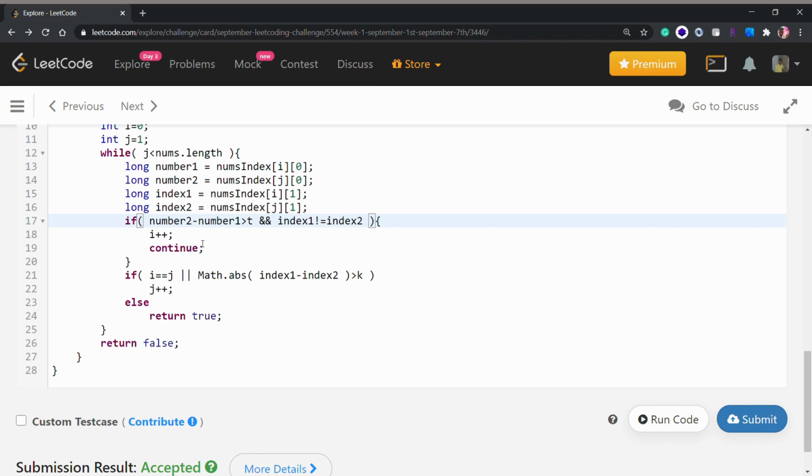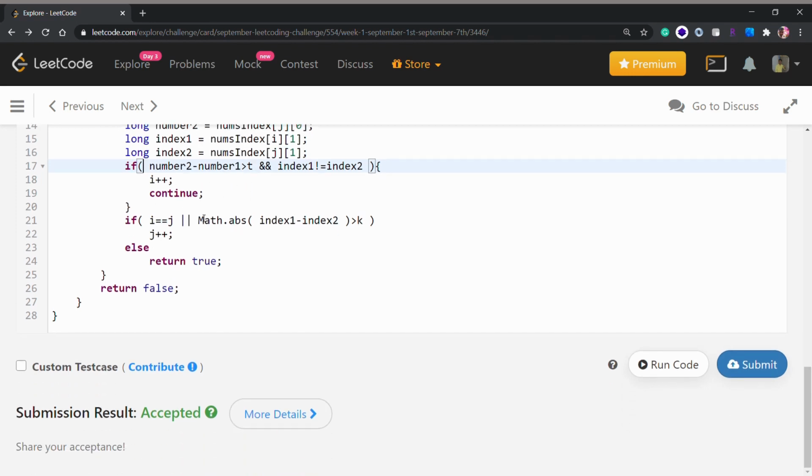Then we will increment i and we will continue to the next iteration of our loop, because as we might remember, our condition was that we should have at most t as the absolute difference between our numbers, and it should not be greater than t, it should be less than or equal to.